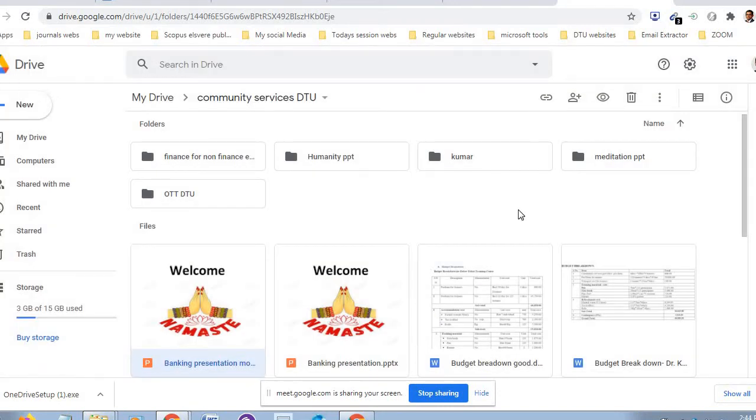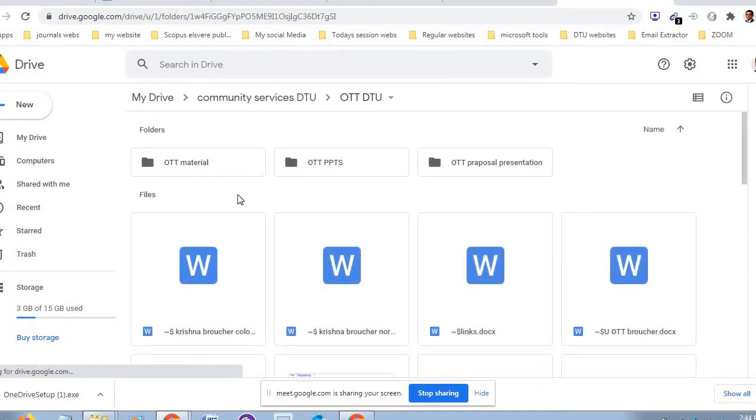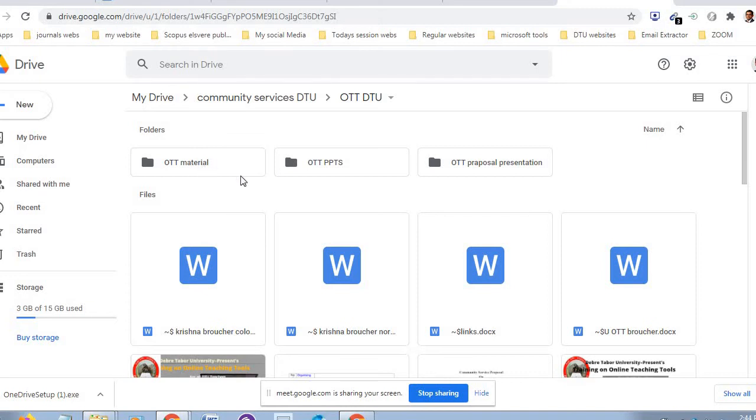In that, see, DTU OTT related to online teaching tools, material relating to online teaching tools, PPTs, proposal presentation. Every file has been stored on the cloud.